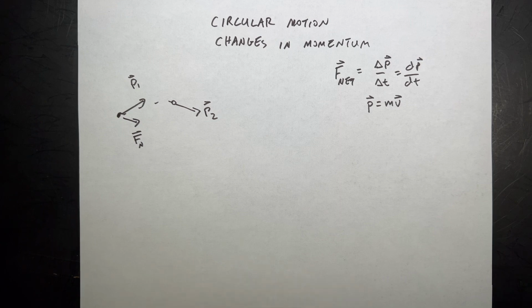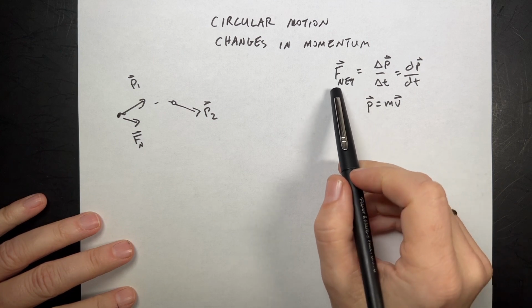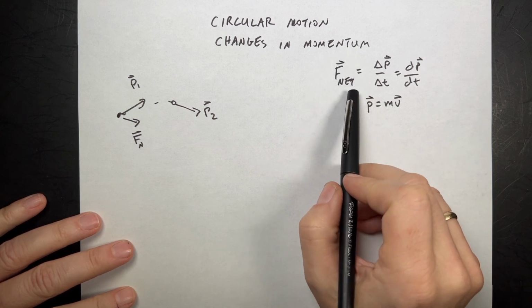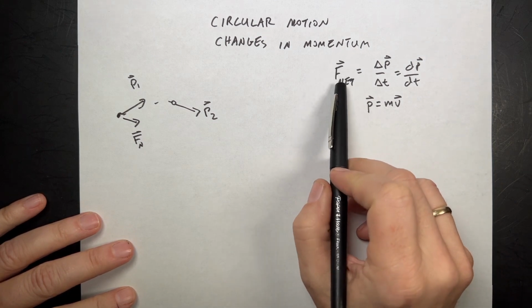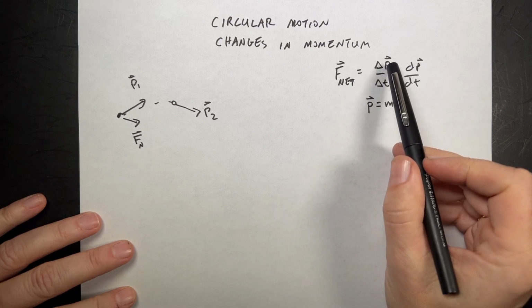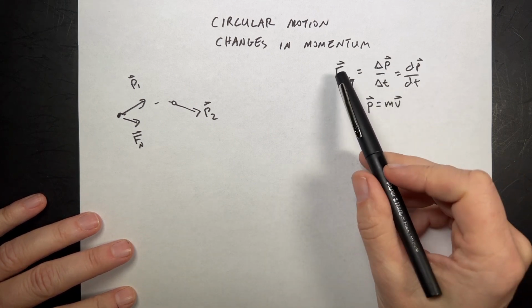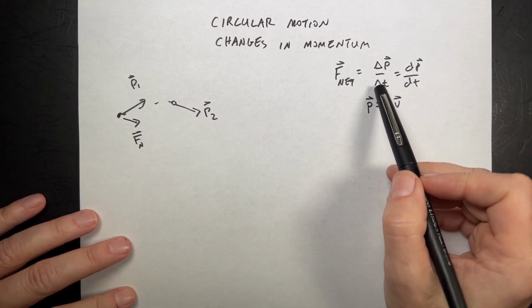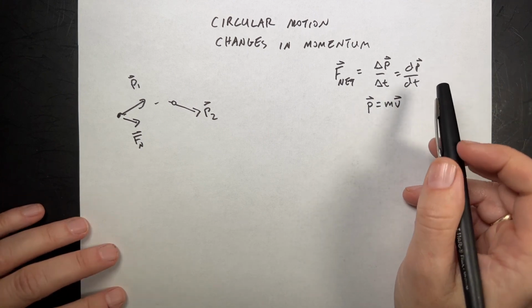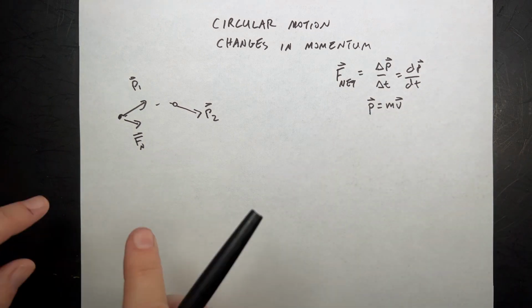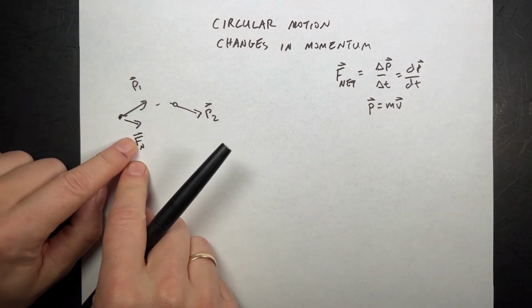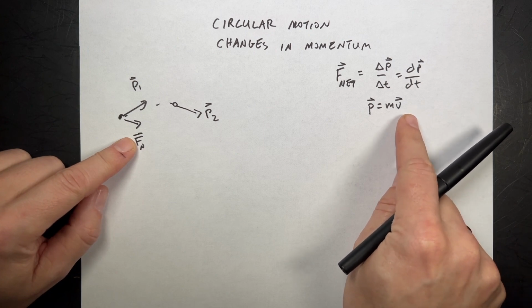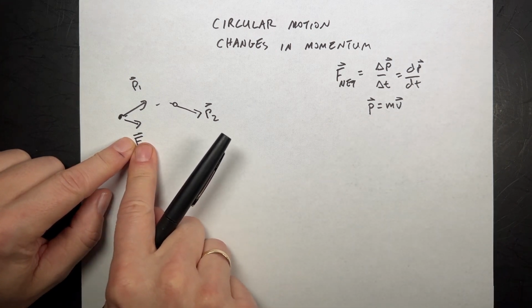We have the momentum principle. The momentum principle says that if I know the net force on some object, I can find its rate of change of momentum. So if it's constant, I can write this as a finite difference, or I could take the limit as delta t goes to 0 and get it as a derivative, and that's fine. And so we have used this to say, if I have the net force and the momentum is mass times velocity, if I have the net force acting on some object,